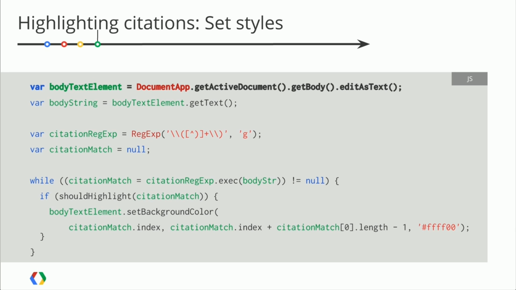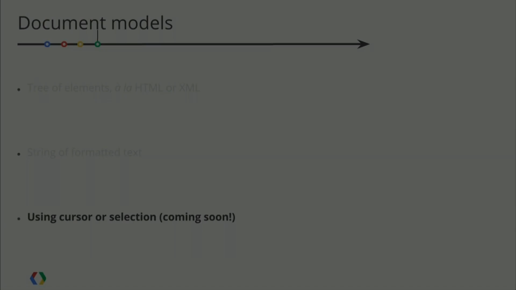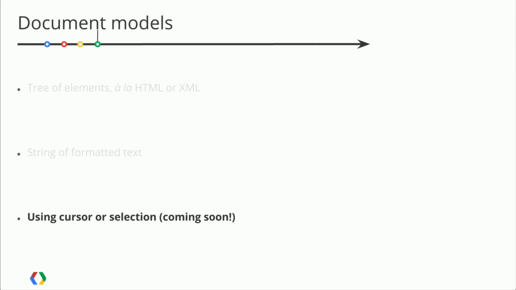There's one other model of working with the document. This is not launched yet, but it's going to be coming out in the next couple of weeks after I/O. And you saw Saurabh actually hinted at it in his demo. And that is, we're going to give you an API to work with cursor and selection in the document. So when the user positions their cursor in some text or next to an image, or selects a range of text or a table or whatever you might have, we're going to give you the ability to determine where is the cursor or what is the selection, and to operate on the cursor or selection by doing things like inserting